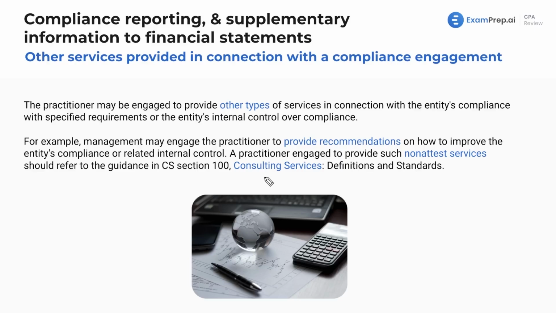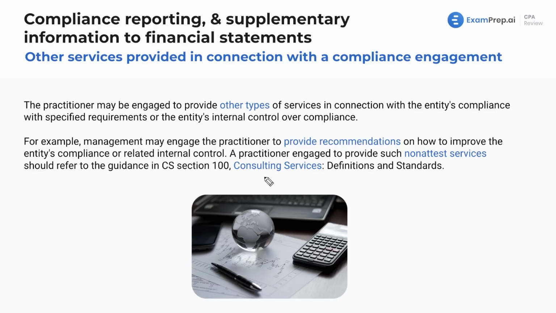Now, let's take into account what we're dealing with here. If we are providing attestation, there is a level of service where we can't audit our own work. So, in this case, we can consult, we can advise the client on how to improve their compliance, right? Because through, let's say, doing an examination of compliance, we're not doing anything on behalf of the client. We're not editing financials. We're not preparing financials. We're just analyzing them from a compliance standpoint. And for guiding the client and consulting them on compliance, there are no conflicts of interest there. We can do this in addition to an examination.